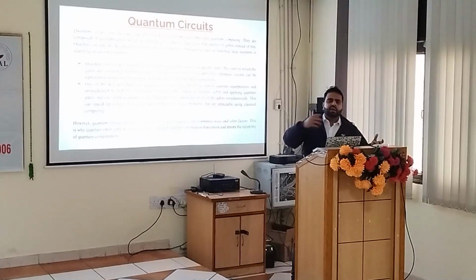For example, if I have to find the route from here to the nearest hospital, we have a lot of variables in between: the path, the traffic, the time, everything is there. So how do we use quantum optimization to find the shortest route? That's the project that we are having here. What our students are doing is trying to design a circuit that is able to involve all these variables and find us the shortest path.